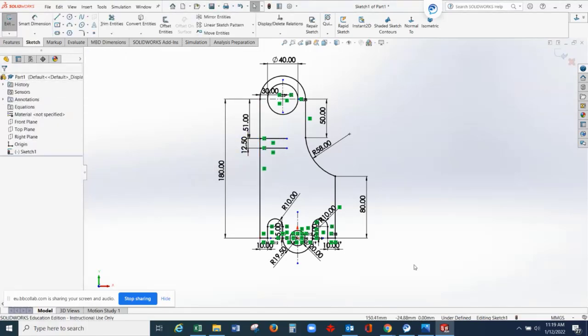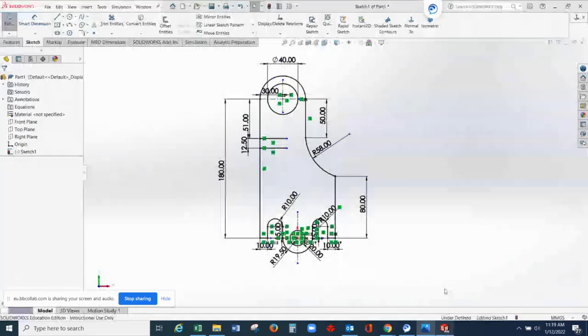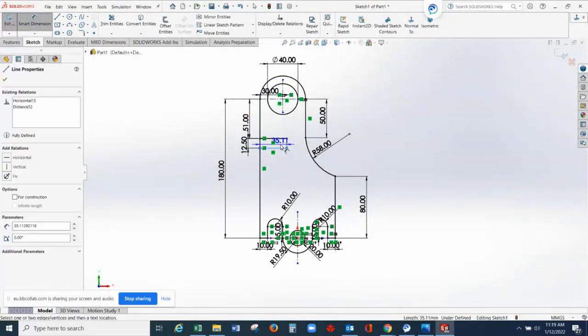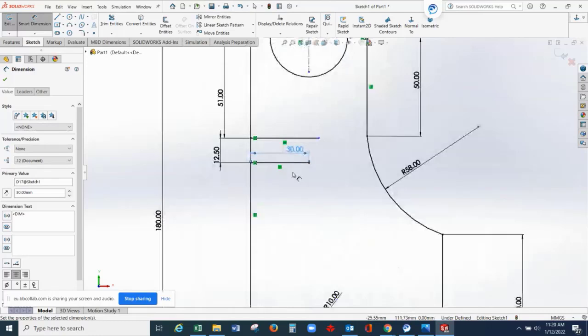Still, this is closed from this point. Okay, this continuous line. So this 12.5. From here, the length is 30 millimeters and 12.18. So let me give my dimension here as 30 millimeters. I'll zoom in.